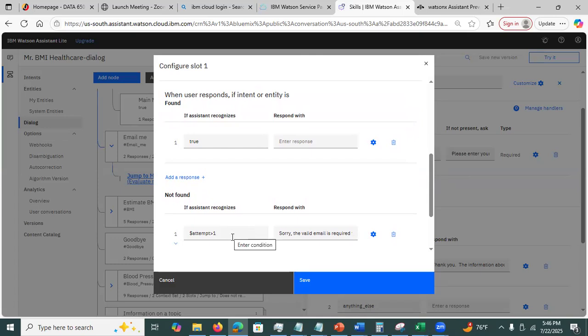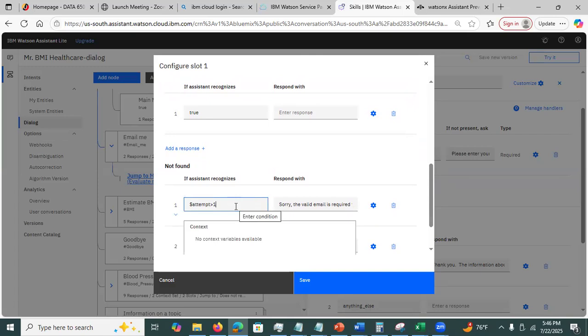In the beginning, the number of attempts was 0. After I made one incorrect entry, it goes to number of attempts equal 1, and then 2. If I already exhausted my invalid attempts, it's just going to say the message, sorry, a valid email is required,